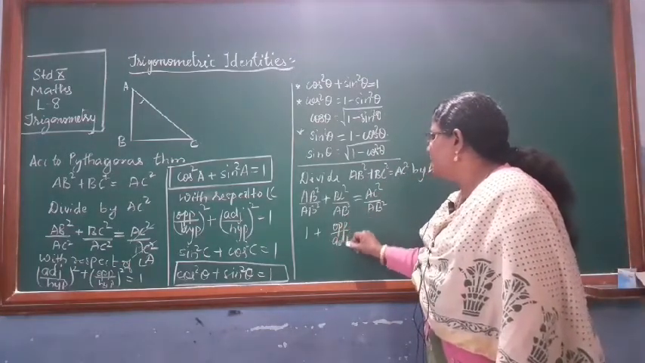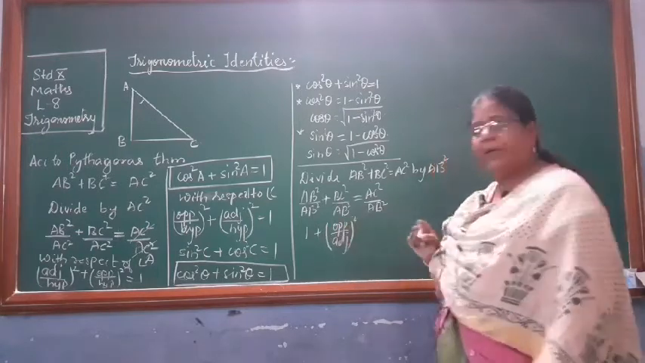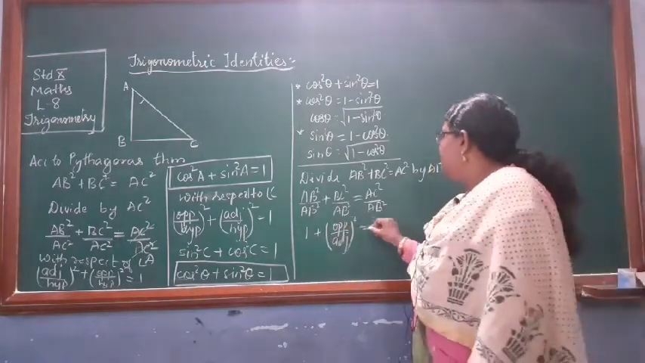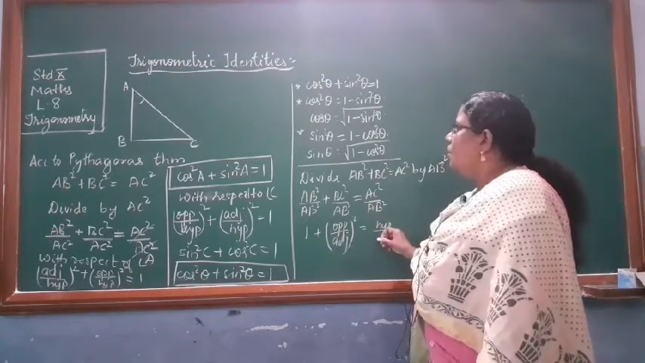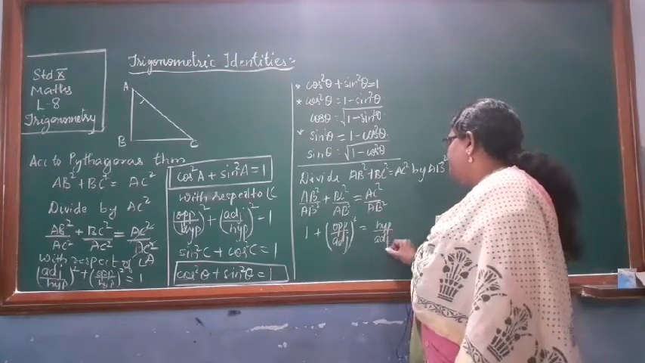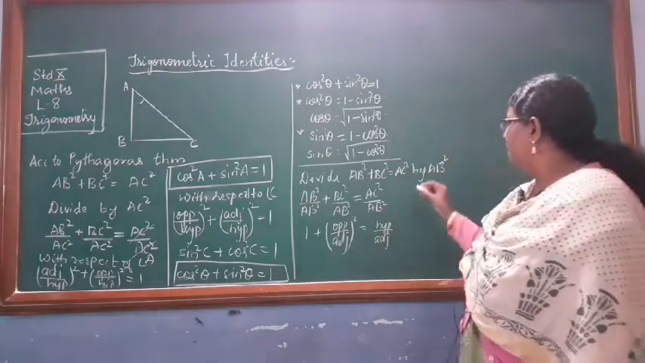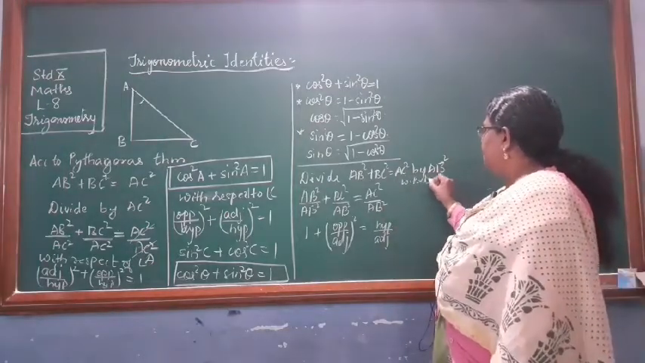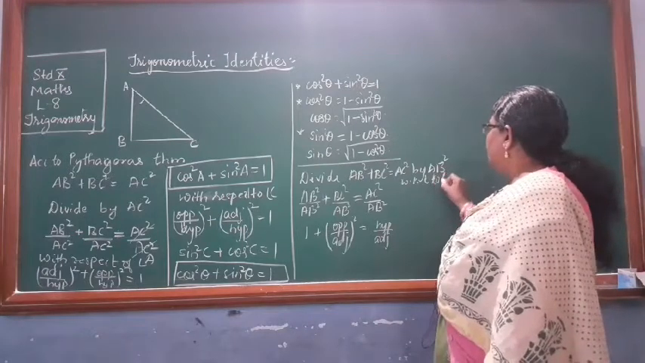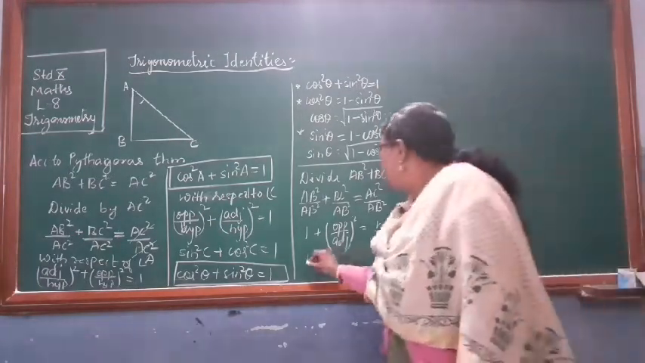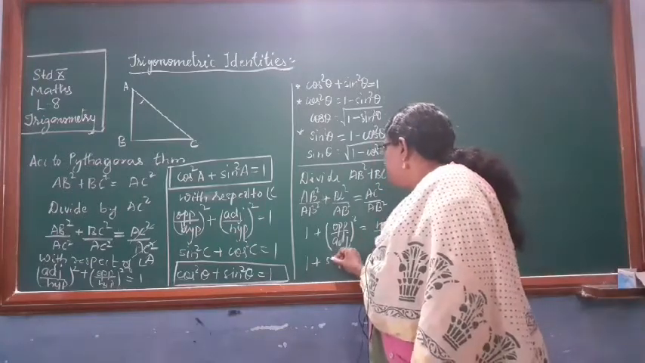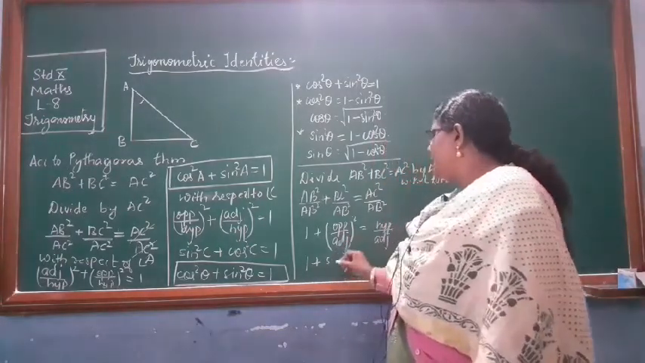So opposite upon adjacent the whole square is equal to AC upon AB. Hypotenuse is AC and AB is adjacent. With respect to A we are talking. You can just mention here with respect to A we are talking. So 1 plus opposite upon adjacent is opposite upon adjacent, it will be